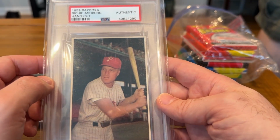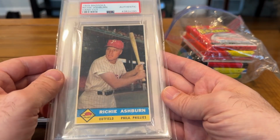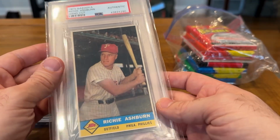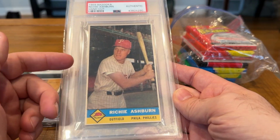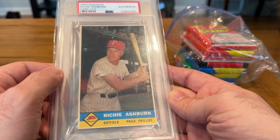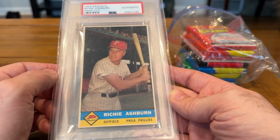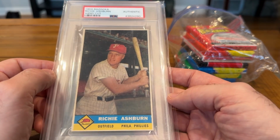1959 Bazooka Richie Ashburn hand cut. It's an authentic. It's an incredibly clean copy of an authentic. Better off with an authentic than a graded copy in many circumstances because it gets authentic because of the sizing, because it's cut within the lines. But you can have ones that are cut correctly, but get maybe a 2 or a 3, but they're creased or stained or have all kinds of other issues. So